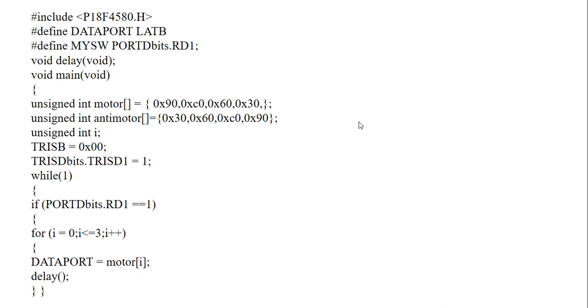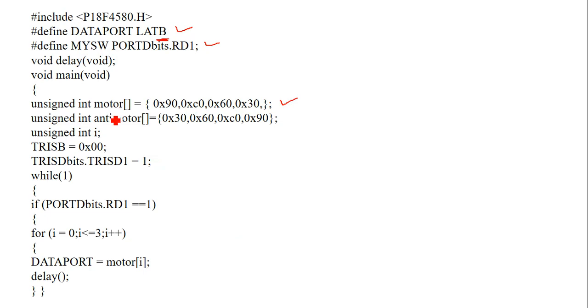Here I have taken one example. Port B, here we have to interface our motor on port B. There are 4 wires or 3 wires, depending on what type of motor you are going to use. Here I used 4 wires. This switch will decide half or full. Then for the motor, this is for the full mode, full steps.